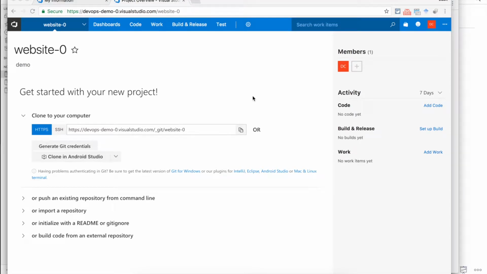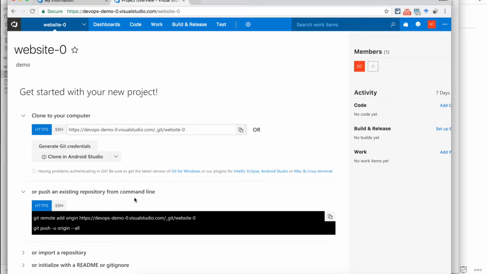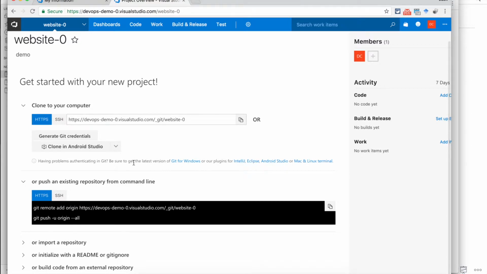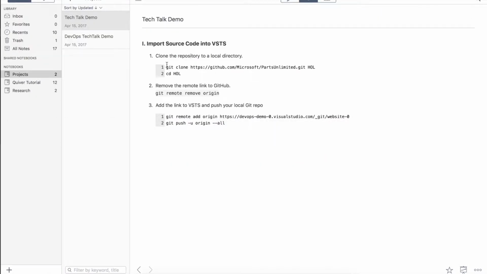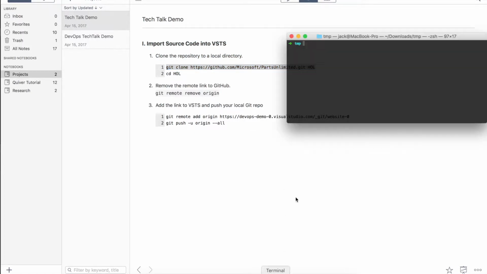We have created the account and project. Now we are going to push an existing repository from the command line to Visual Studio. So let's see the overview. This is the Git repository we're going to push. So let's clone it first